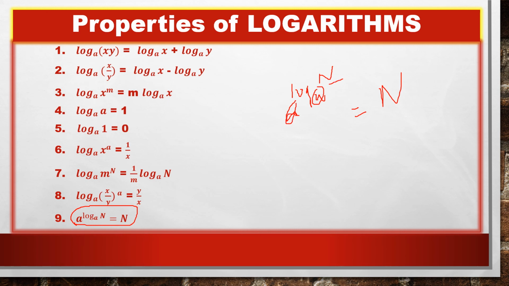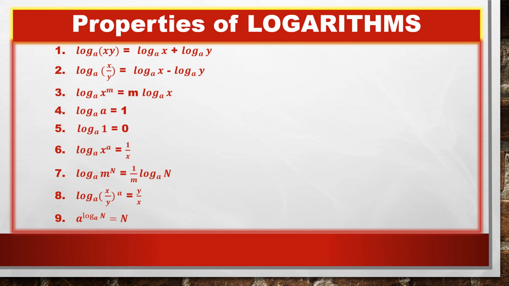Suppose I gave like this, 2 power log 3 base 2. When these two are same, then this is your answer, 3. Clear? So these are your properties. Whenever the logarithm is multiplied, you should separate them with addition. Whenever they are divided, we should separate them with subtraction. Okay, whenever it is having any power, the power will go front. Okay, next.